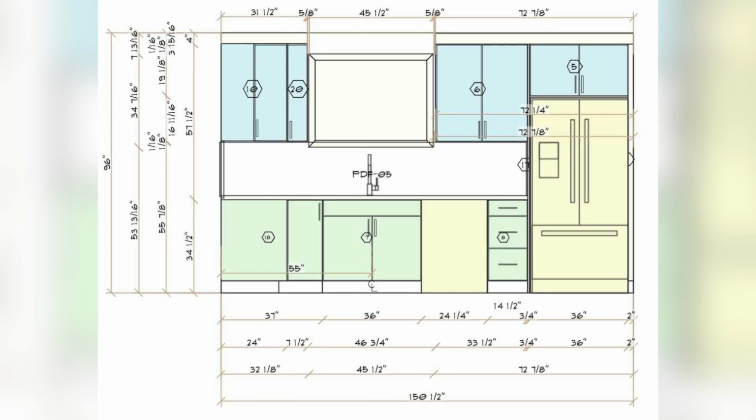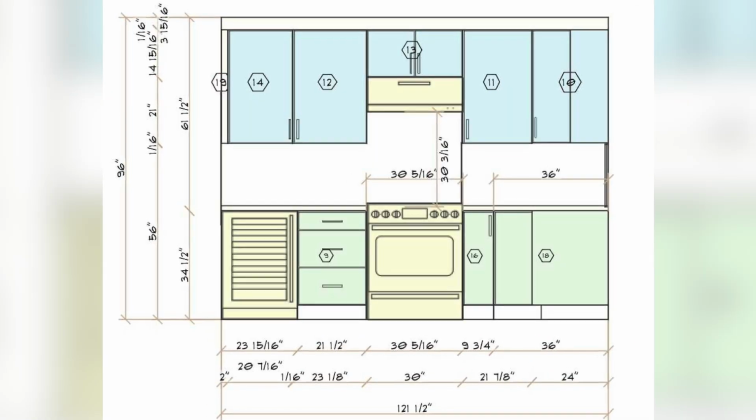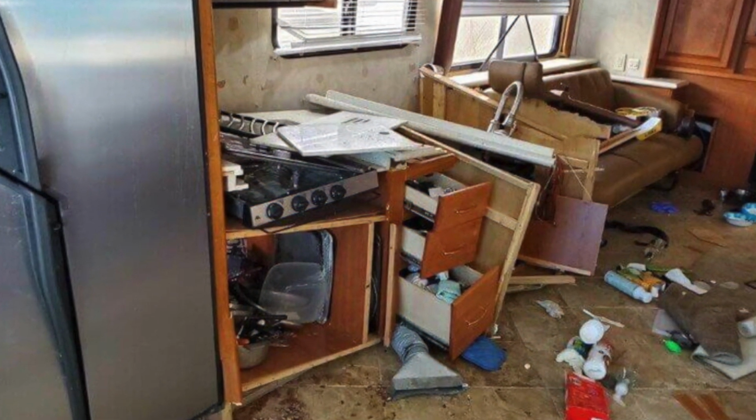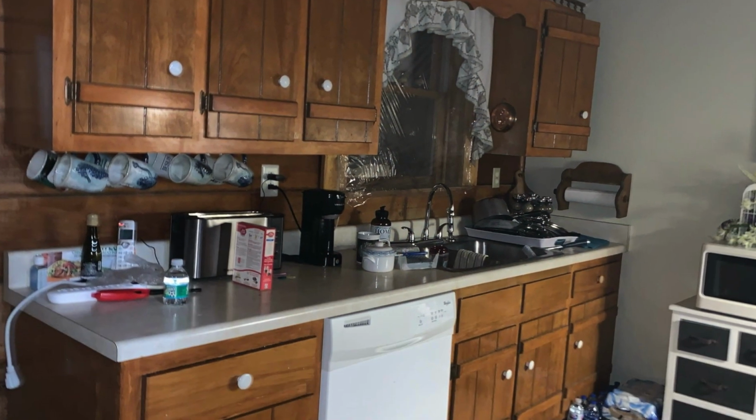Unless you're blowing out walls and doing a major gut of your home, most kitchens these days have a layout that is more or less maximized for the space. So if you can't drastically improve the layout, the only reason you would need to turf your cabinets would be if the cabinet boxes themselves are completely falling apart, or the cabinets were made 20 plus years ago and aren't